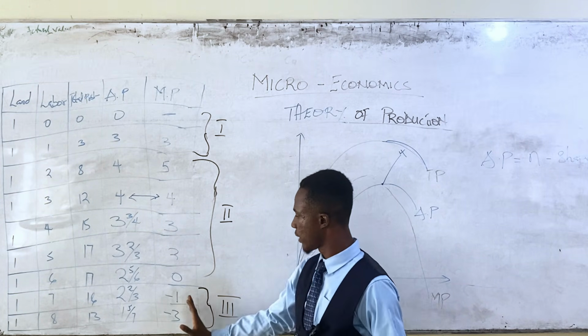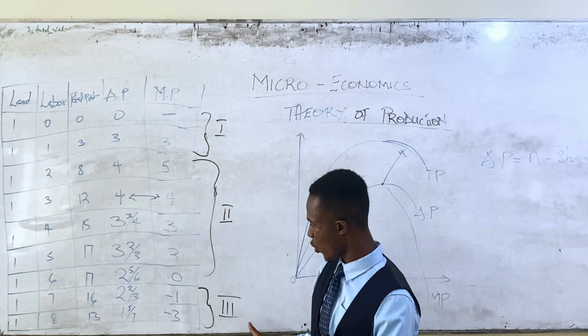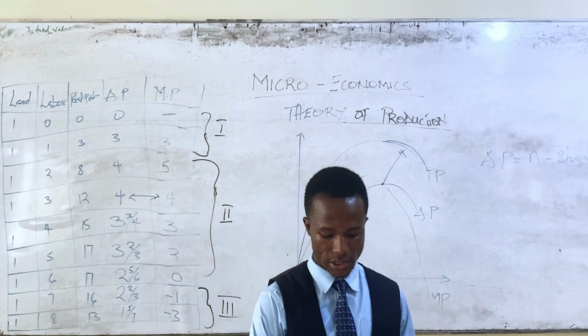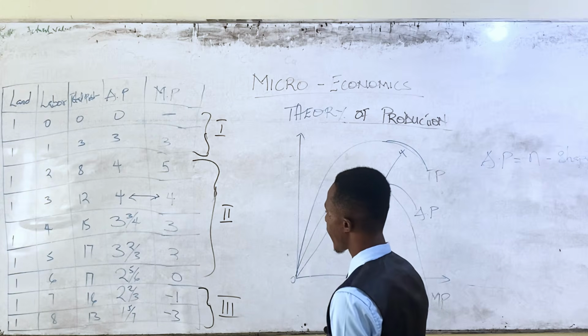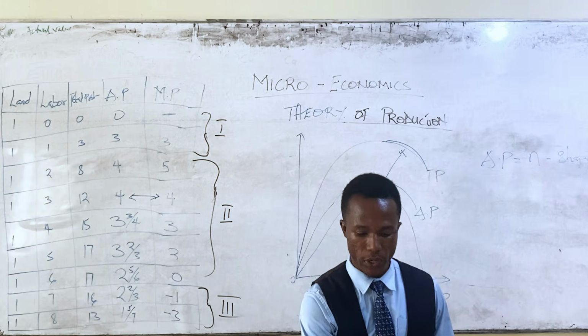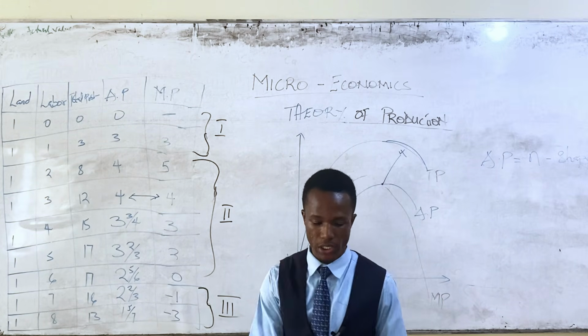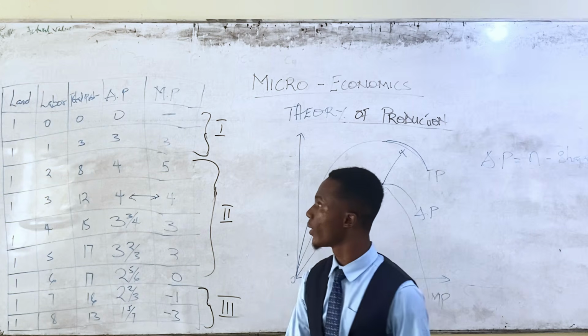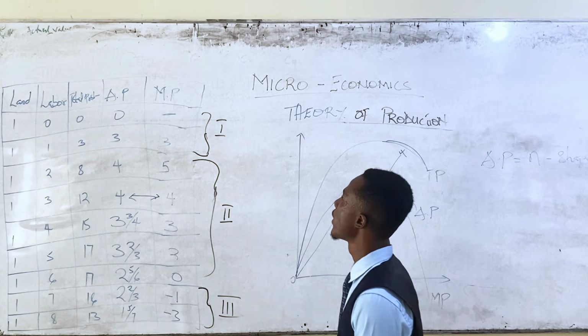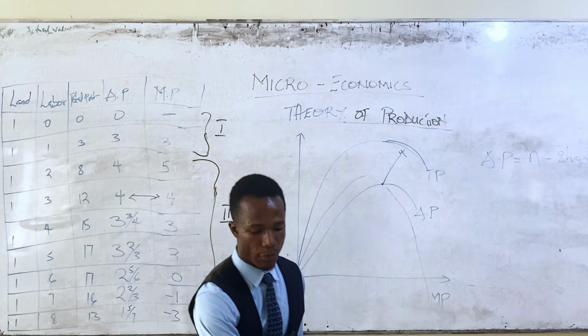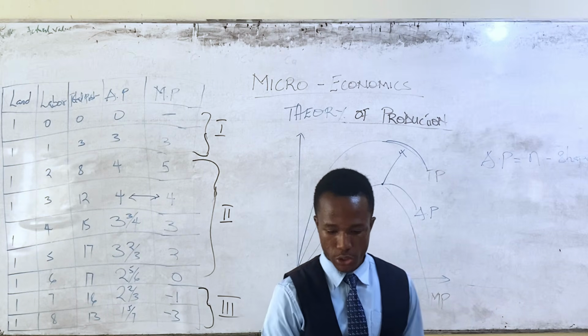Okay, and the stage 3 carries on from the negative returns. And so there's the interpretation when you want to, these are the stages. Okay, so there's the interpretation when you want to make a business decision. Okay, now for business decision, you don't